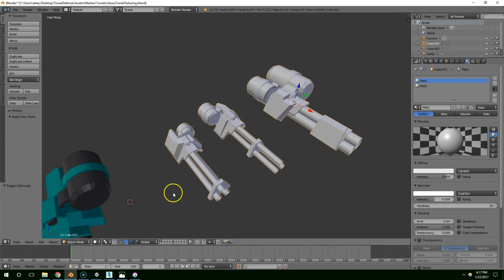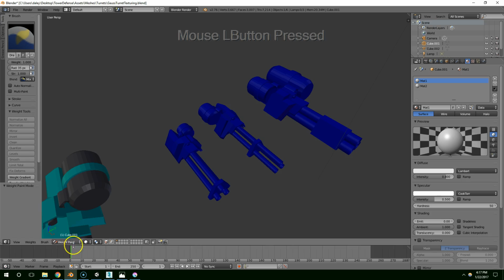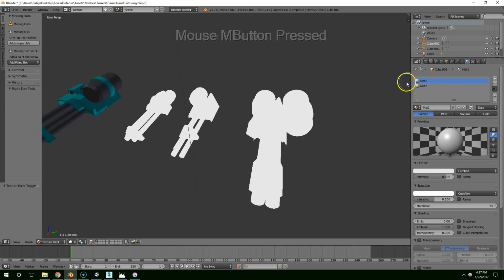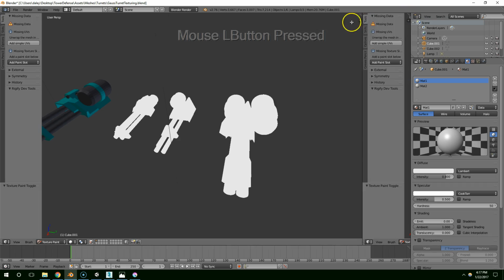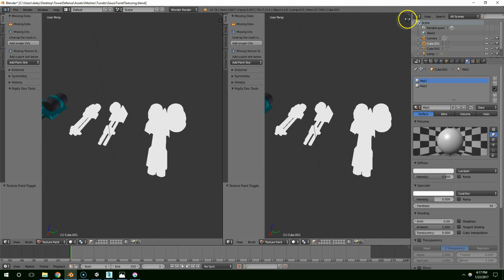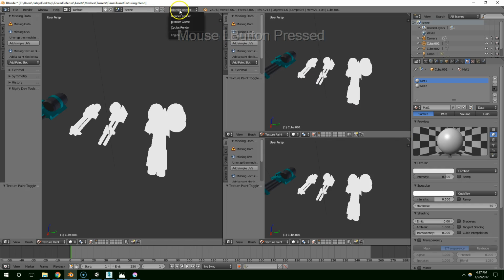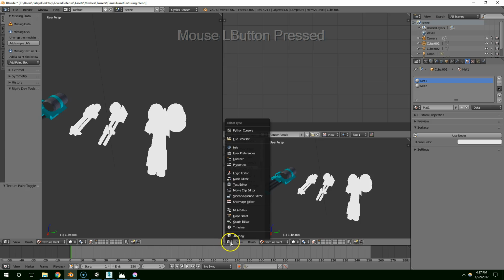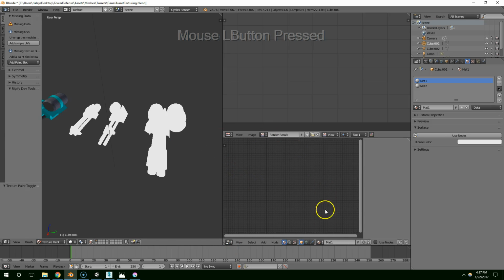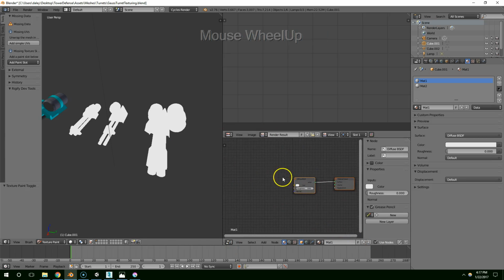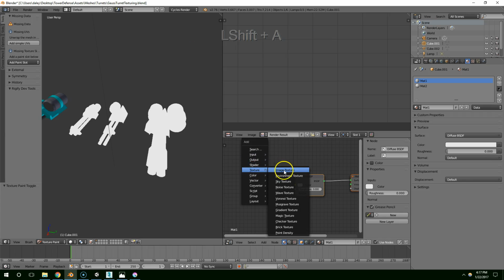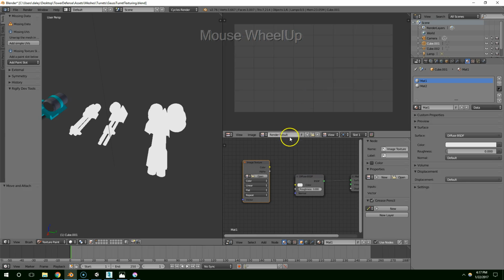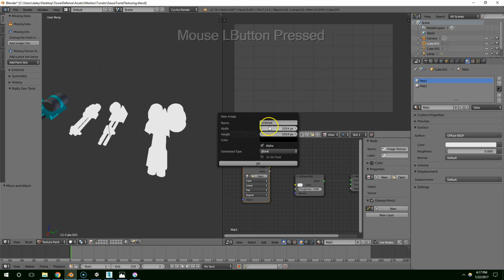Assign. Alright, so now if we go back into texture paint mode, there's still nothing mapped to these because we don't have textures assigned to the materials. So I'll go into Cycles Render, change this to a UV image editor, and this to a node editor. Use nodes, and then I'm going to Shift A, create an image texture on material 1, and we'll create new image